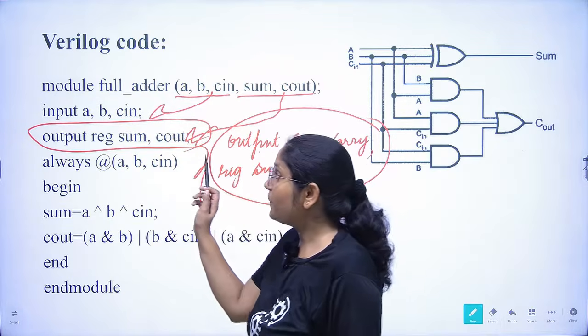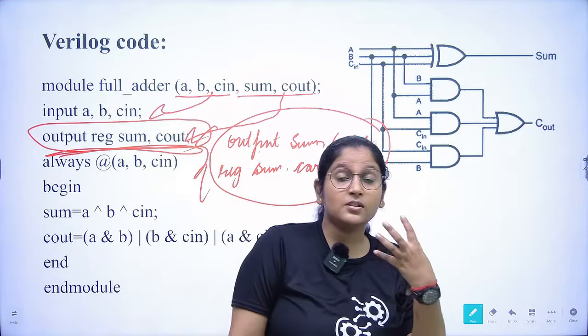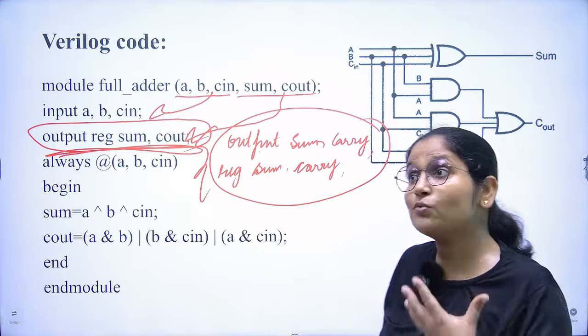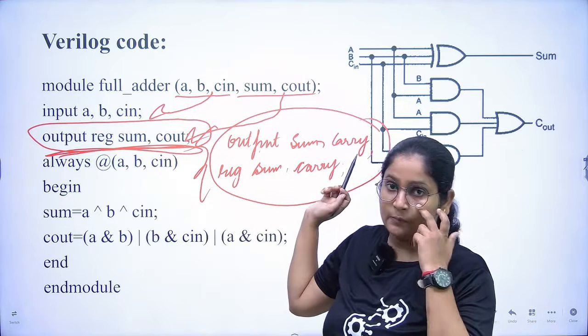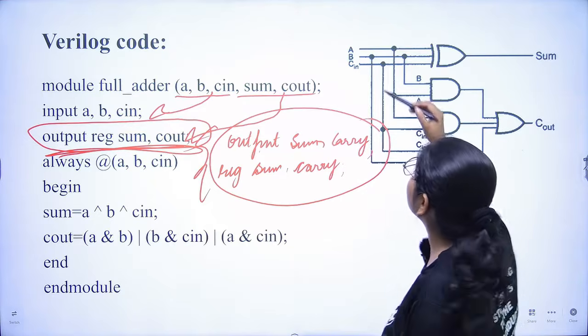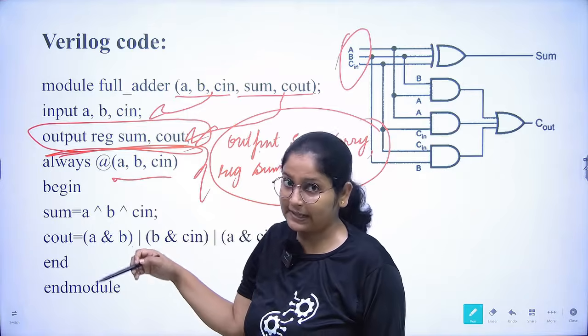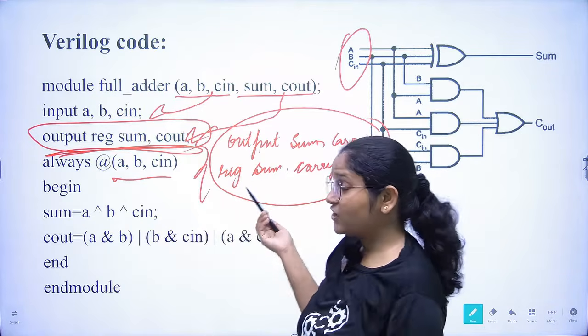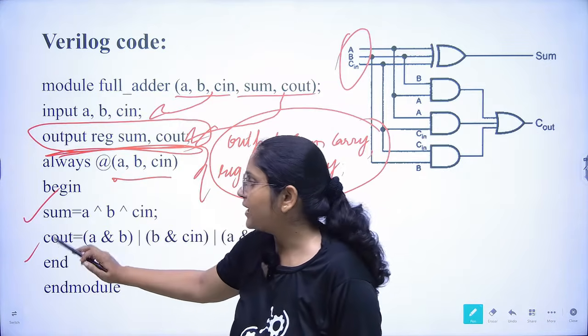Sorry. So we have merged output and reg, right? So this is also a property. This is the beauty of Verilog, that we can also do it this way. Now, whatever the circuit is, it is sensitive to these inputs, and the inputs are A, B, C, so use them inside the always block. Okay? And just because we have multiple statements, I have used the begin and end keywords.